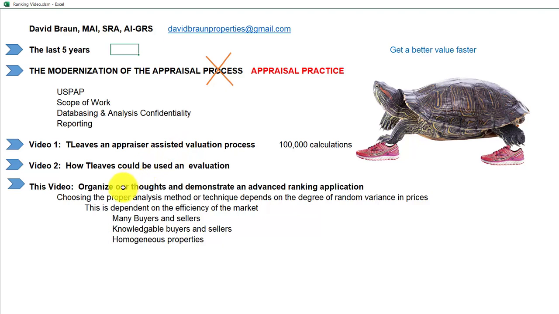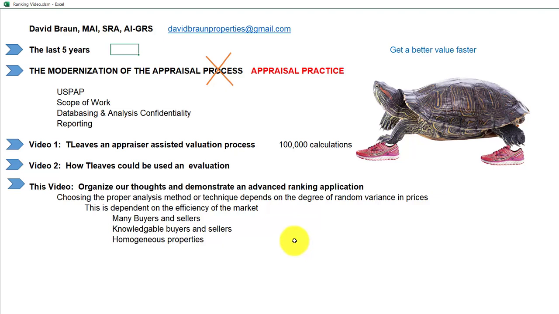So what we're looking at now, when we jump down here to a ranking application, this would be for times when you say, I don't even have enough sales to begin to mathematically extract any adjustment rates, okay? So that's where we're going here. And then I'll mention to you, what if you get an area that's just terrible? I mean, you really don't have many sales at all. In that case, you're going to rely maybe on your cost approach, or on your cost approach methods of extracting adjustment rates, okay?